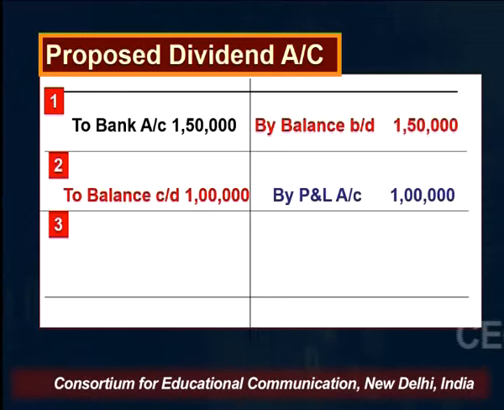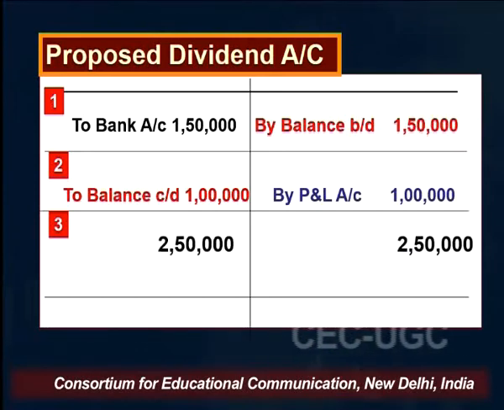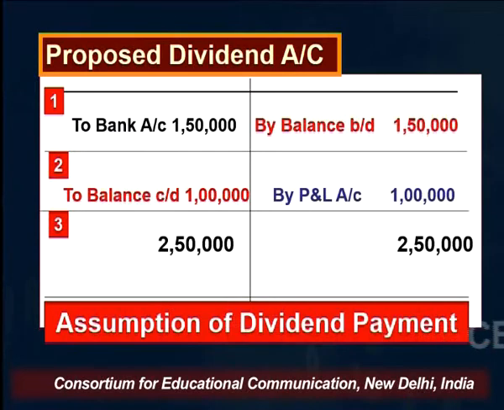And without even having any doubt about payment of dividend, you have to assume that this 1,50,000 rupees, which was the opening balance, is basically the proposed dividend of the previous year and it must have been paid in the current year. So we have shown here 1,50,000 as payment of dividend, and the remaining value, that is 1 lakh rupees of the current year's proposed dividend, is treated as allocation from profit and loss account. In this way you close your ledger account in the working note, and very simply we assume that the dividend of 1,50,000 rupees which was proposed in the previous year has been paid in the current year.